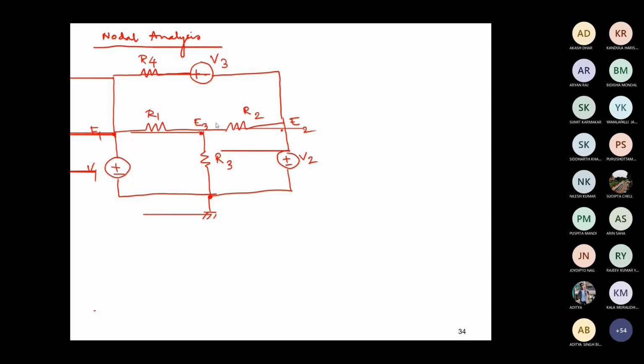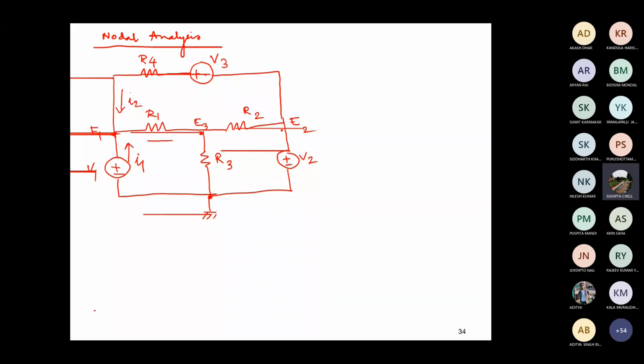If you identify those, then you have to use KCL at each node. So what will happen? There will be current through them, and we don't actually know the polarity. First we have to assume it, and then after solving we may find that we are getting the current I equal to -5 amperes. If we get that, it indicates our direction was not properly taken. So at each node we have to assume some flow of current. So let it be I1 here, let it be I2 here.